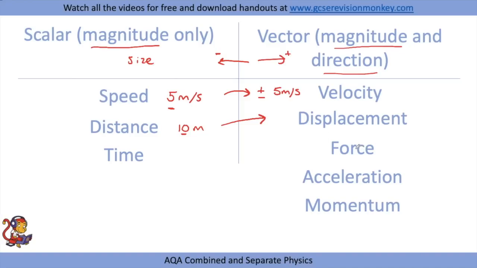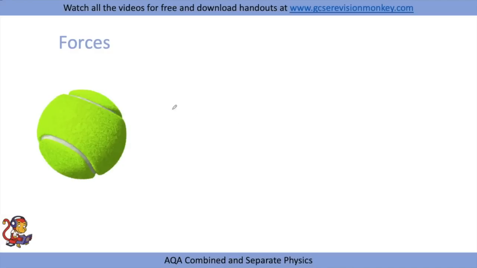So moving on to forces then, we said it's a vector, so we can use arrows to show both the size of the force and the direction of the force as well. So for example, with this falling tennis ball, it will have air resistance going upwards, represented by this arrow, and weight acting downwards, represented by this arrow. The direction of the arrow shows the direction of the force, and the size of the arrow shows the magnitude